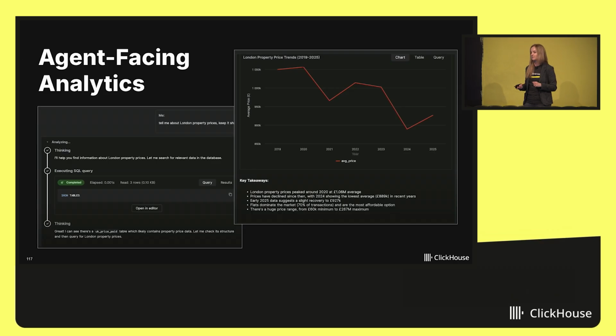But one thing I just wanted to mention, that of course probably hasn't escaped anyone in the room, is the evolution of AI agents, which don't only translate human language to queries. That's been done for a while, but more recently started evolving into these reasoning and thinking machines. And here you see an example of asking a very general question: tell me about real estate prices in London. An AI agent can go and actually ask a number of queries related to this question, if it has the business context, and then return not just one answer, but several answers.